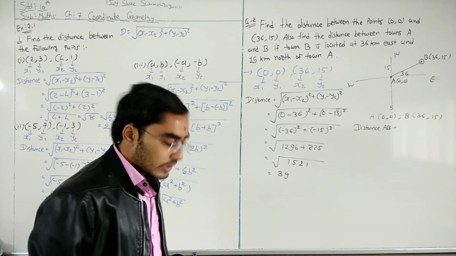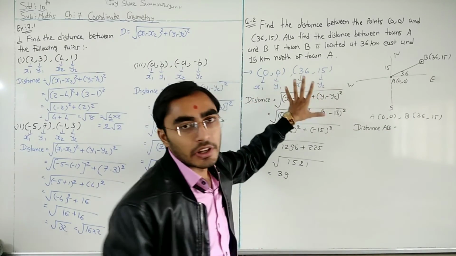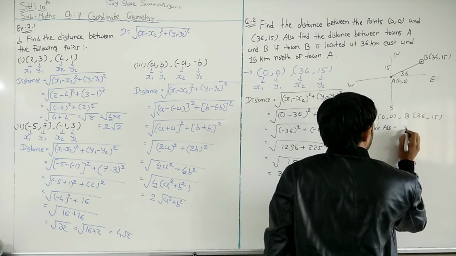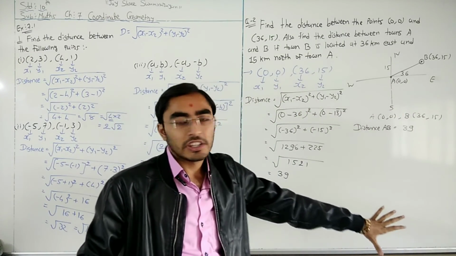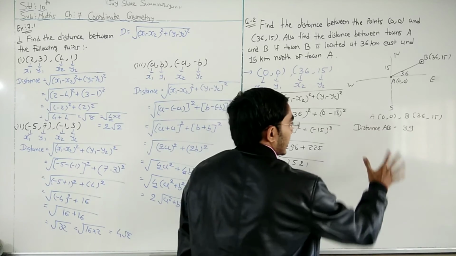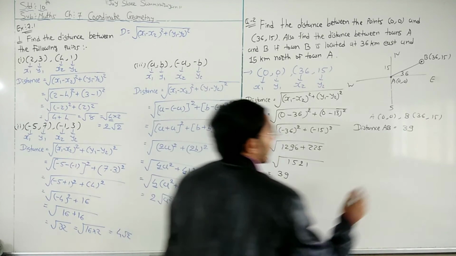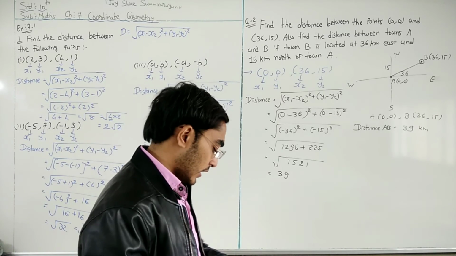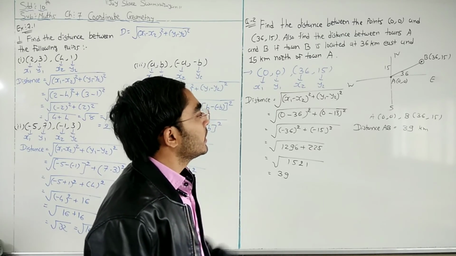Now students, look at this question. Here our coordinates are 0, 0 and 36, 15. That means we get the same answer for distance AB, it is 39. Okay, that means you need to copy these things here, because here we even have the same coordinates 0, 0, 36, 15. So distance AB, in the same way we will get the answer 39 kilometers. Here it is not given, but the distance between town A and B is 39 kilometers. Okay, so distance AB we will get 39.